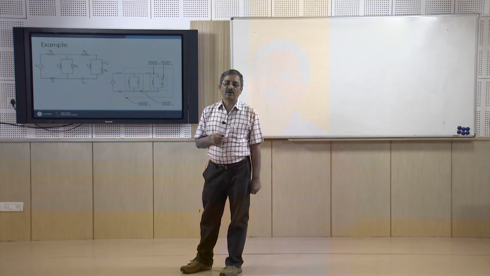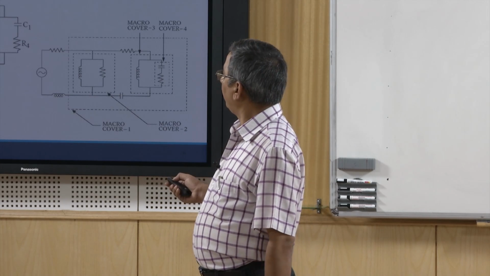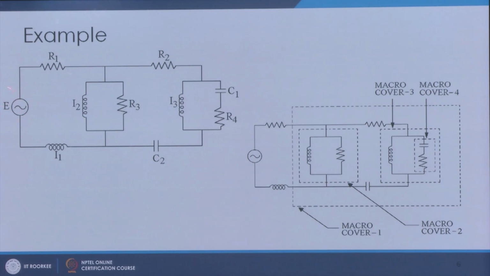Okay, to explain this concept, let us take an example here. Now, here you can see that we have a voltage source, a resistor R1, then we have some part here, say consisting of inductor I2 and resistor R3 in parallel, okay, one branching is there. Then we have the resistor R2, and then again we have branching consisting of inductor I3, capacitor C1 and R4, again these are in series, and that combination is in parallel with I3, and of course